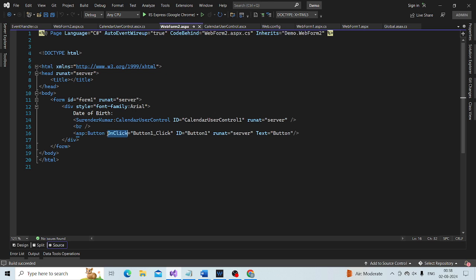Now, can't we do this in code? Absolutely, we can do that in code as well.